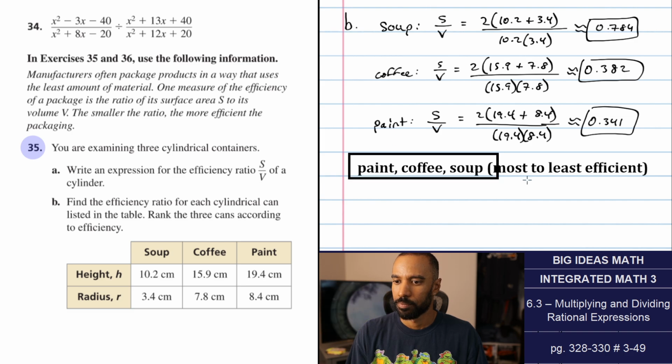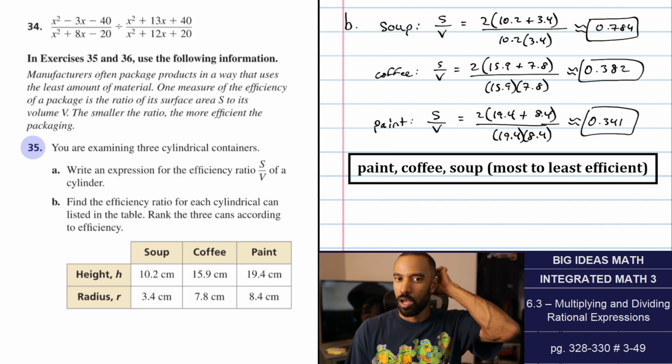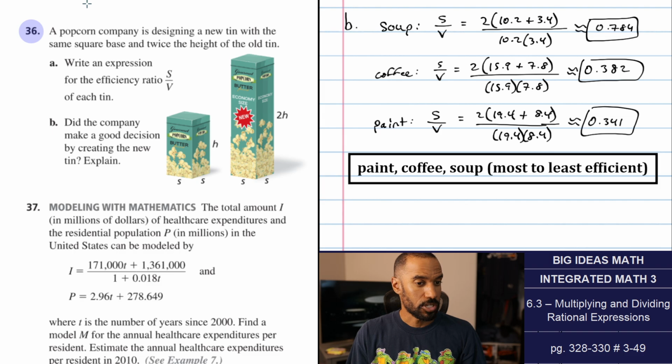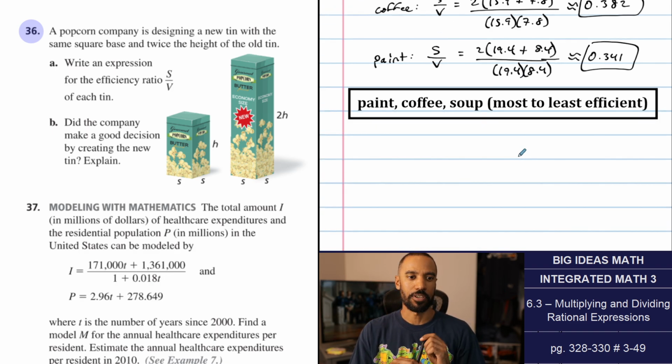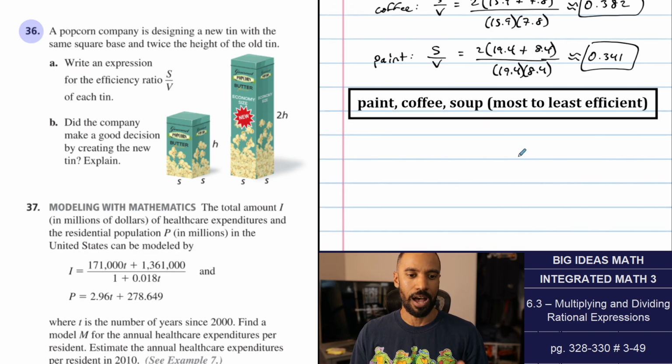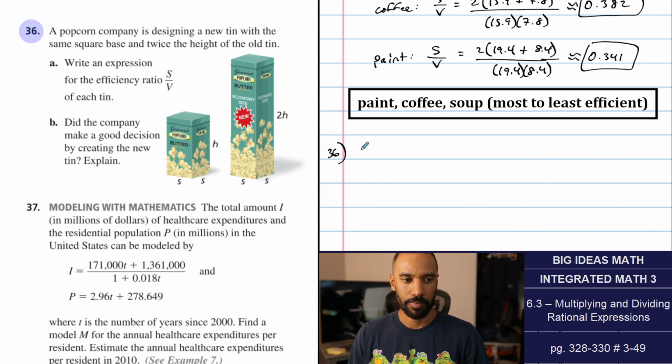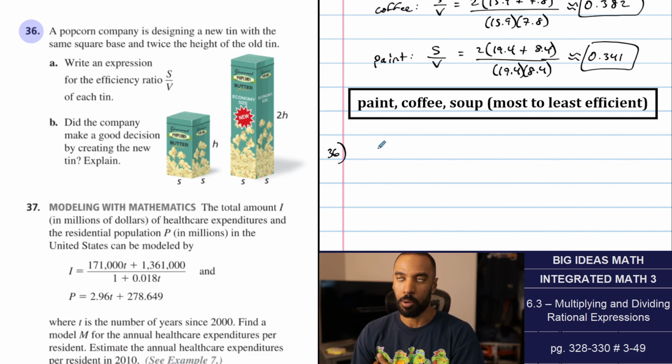Okay. All right, that was 35. 36 is more. A popcorn company is designing a new tin with the same square base and twice the height of the old tin. Write an expression for the efficiency ratio S over V of each tin. So I don't know if simplifying this is something that I can do for these ones as well, but the